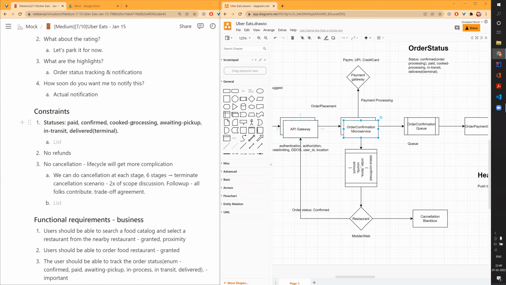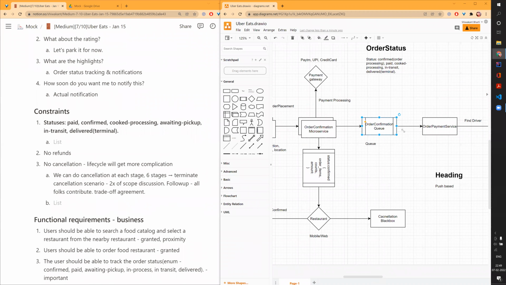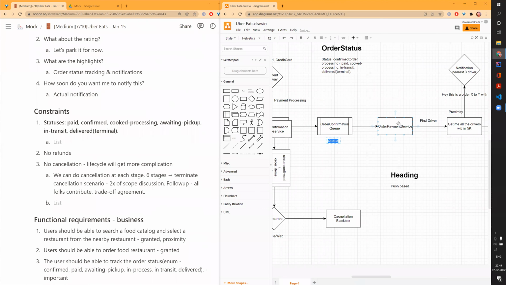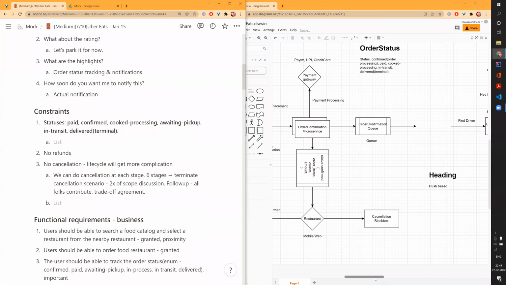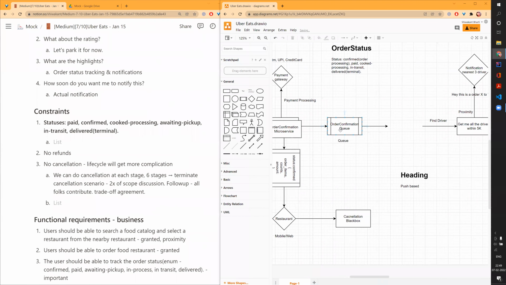It will go to this order confirmed status, and then it will be going to the order confirmation queue here. So why do I have order payment service here? I think this is slightly wrong. It is not required, because we already said that we have done the payment. I'll just remove this. So now when the order is actually confirmed, this is based on the status that we can have